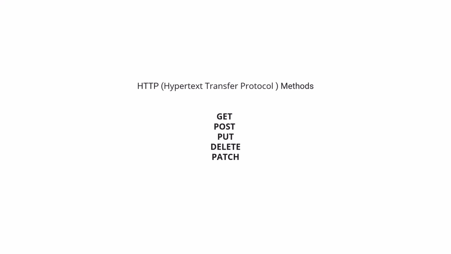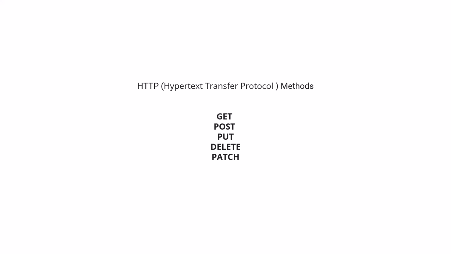DELETE is another one among them; if I want to remove an item from the service, I can use a delete call. PATCH works like a PUT, but it will have different conditions to modify the data